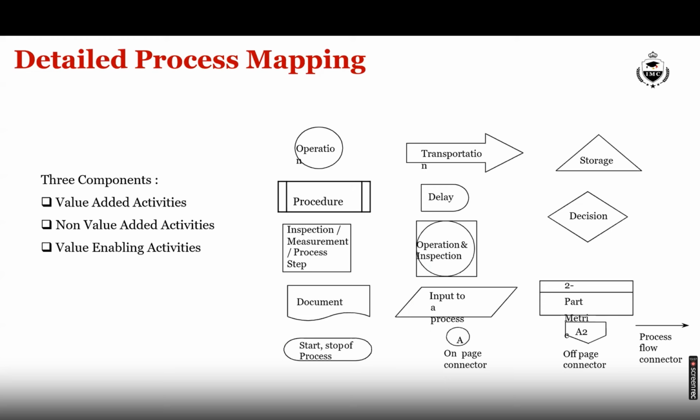Value enabling activities include those activities which enable more value to the products and services being produced, like training cost, which creates more skill metrics for the people, resulting in fewer defects going out to the customer, reviews and testing activities in a service organization, quality control, quality checks in a manufacturing organization, etc.